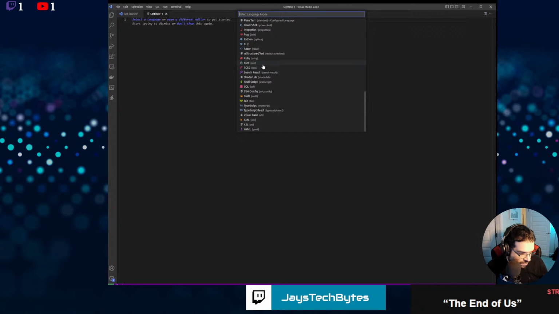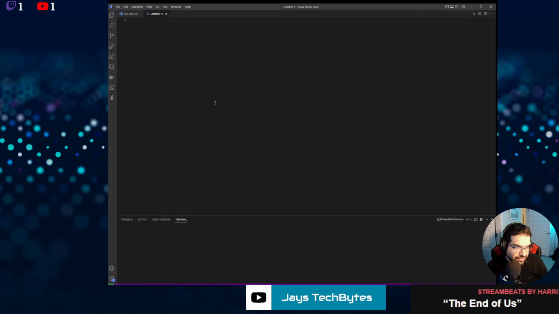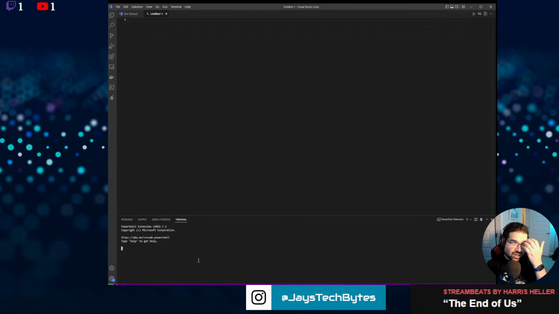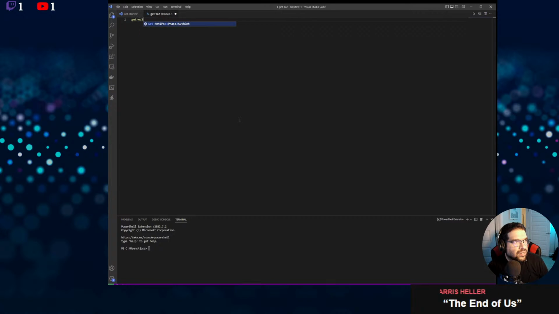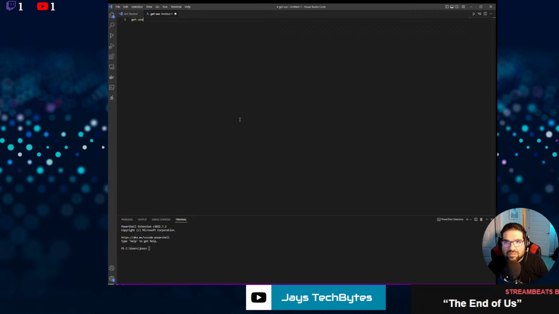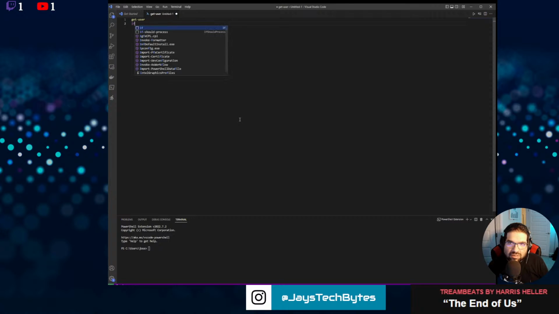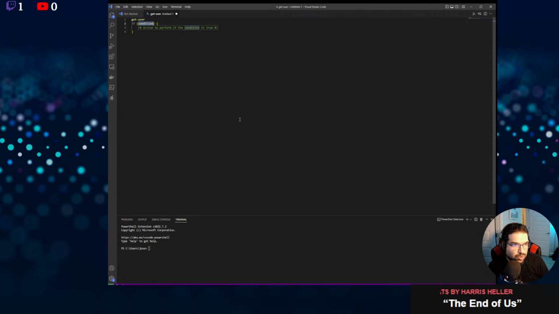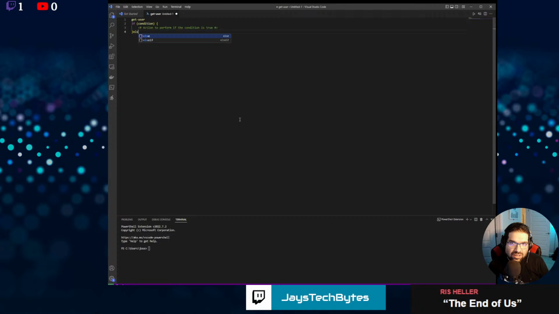It's a ton. Now I use this a lot as my PowerShell IDE. Once I click in here, it automatically launches PowerShell here, and whenever I type commands, get user. Let's do something basic. I can actually go in here and format certain things. Like I can do this and it automatically pre-populates all the things I need to do, and then else and switch. Kind of gives me all the things that I need.